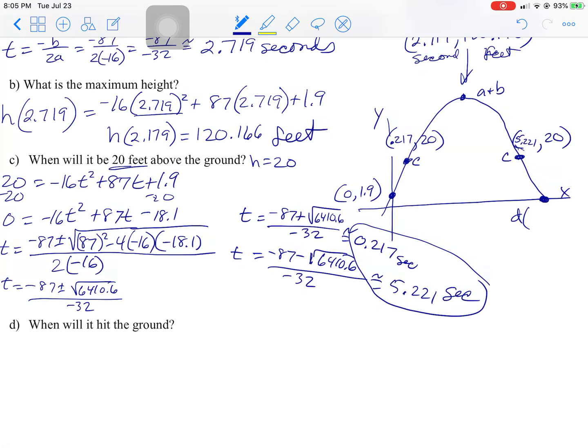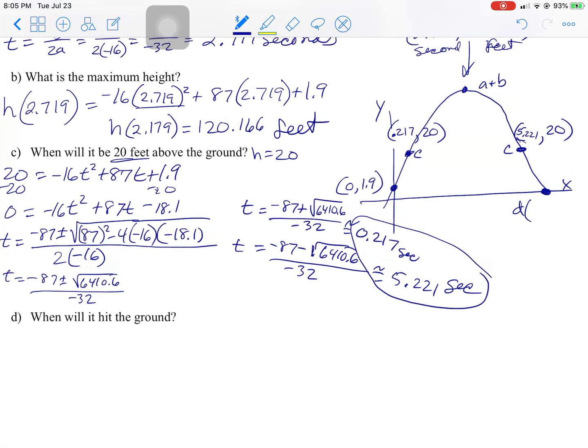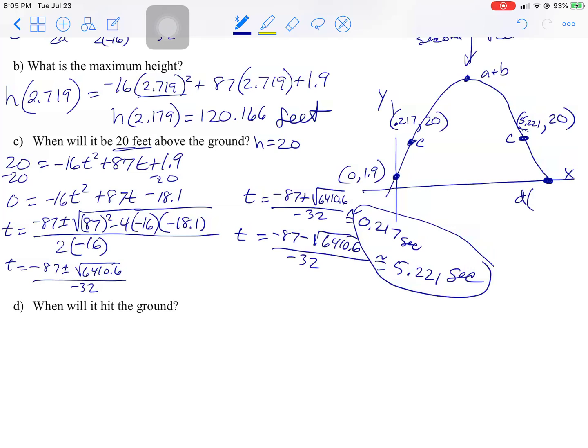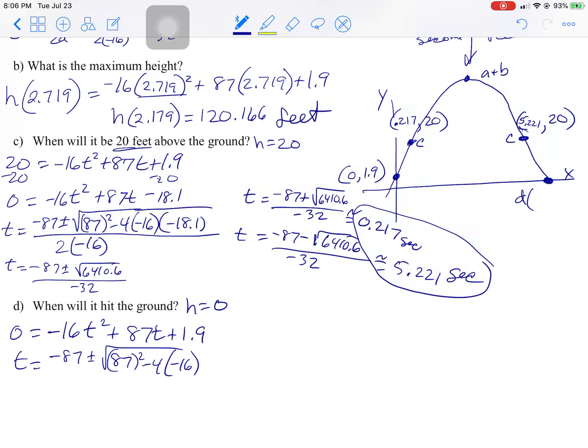And then when does it hit the ground? It better hit the ground after 5 seconds, or I did something wrong somewhere. So hopefully this last number is going to come out a bigger number, but it is traveling very fast. As long as it's bigger than 5.221, we're good. So when will it hit the ground? That's code for H is 0. Put a 0 in there. That's the height we're looking for, 0 feet. All right, so t equals negative 87 plus or minus square root of 87 squared minus 4 times negative 16